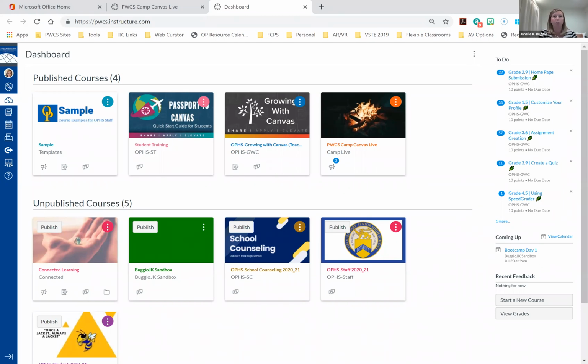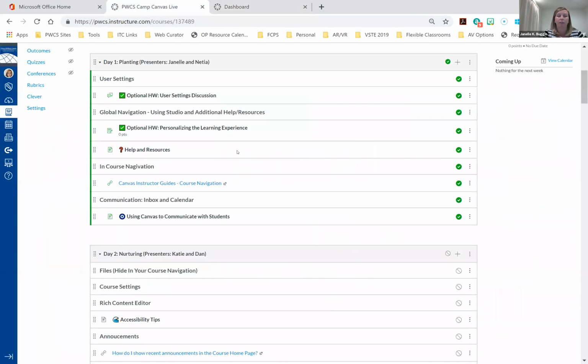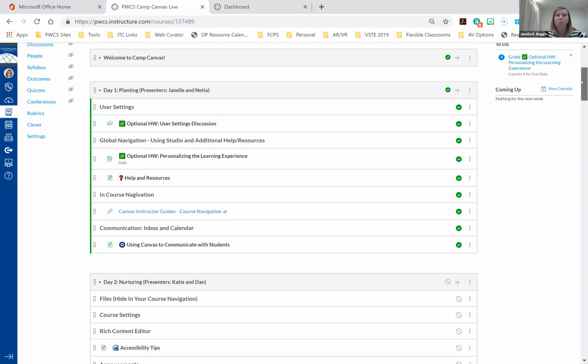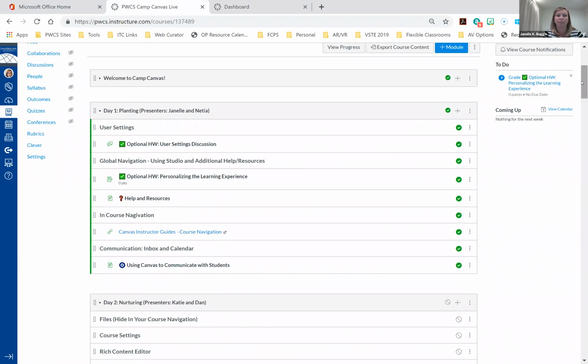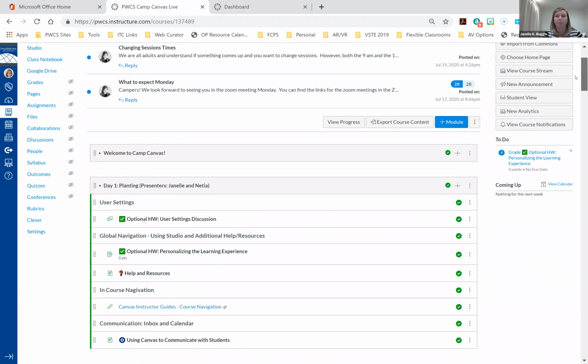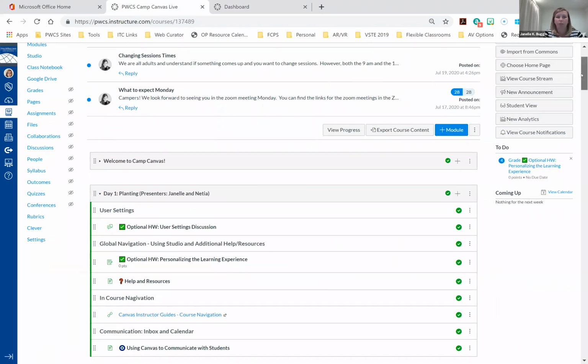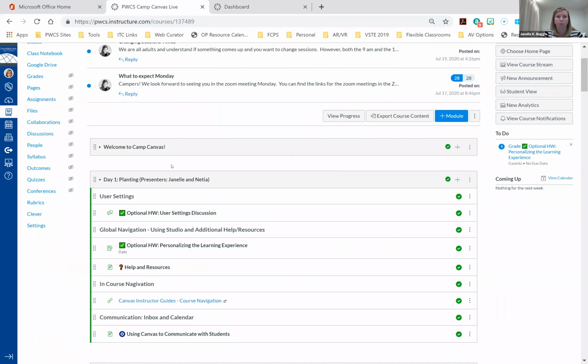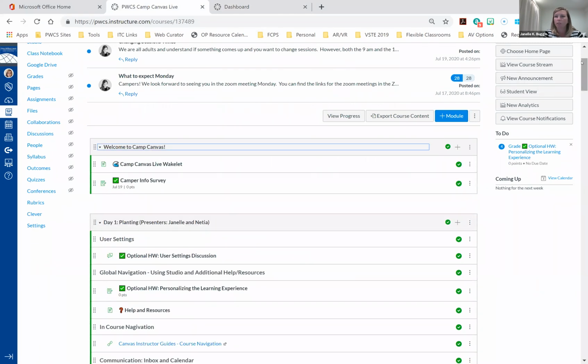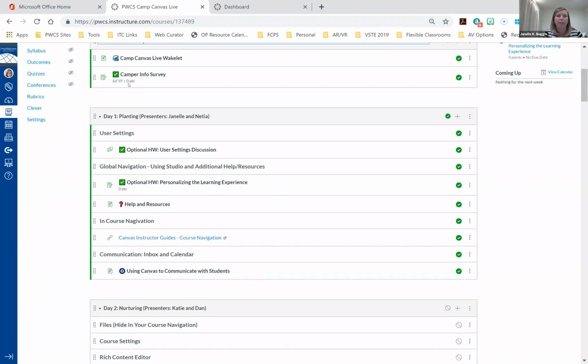If you took advantage earlier when Katie sent out a couple of the emails and announcements through Canvas letting you know some things to expect or to prepare for, we do have inside of the Camp Canvas course a link to the different handouts that have been used. So what you would do is you would just go to open the course, Camp Canvas Live, from your dashboard, and then it's going to be the Camp Canvas Live Wakelet. So when you click on that Wakelet,